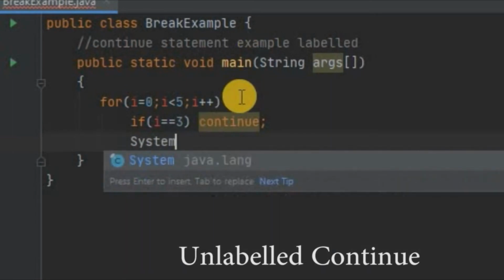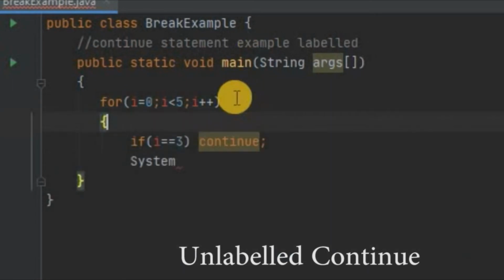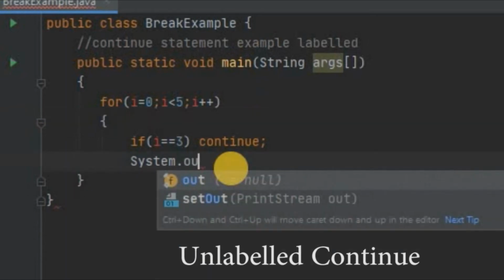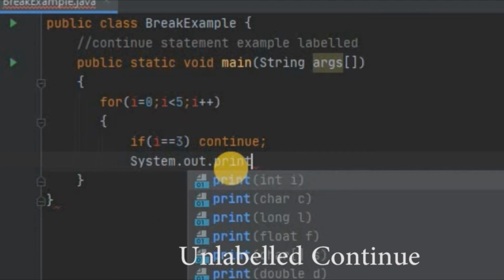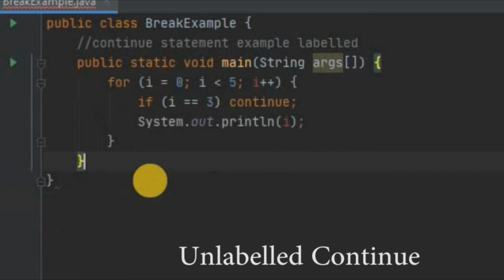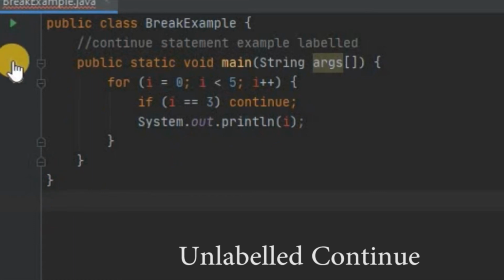For the for we have to take curly braces. System.out.println i; So we need one more curly brace here for this main. Now we will run.